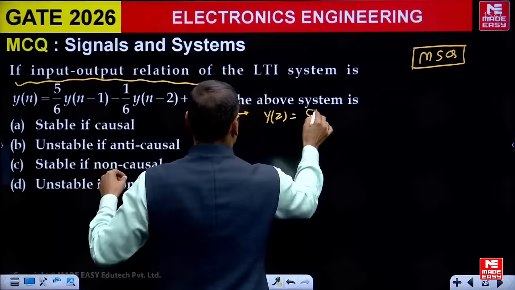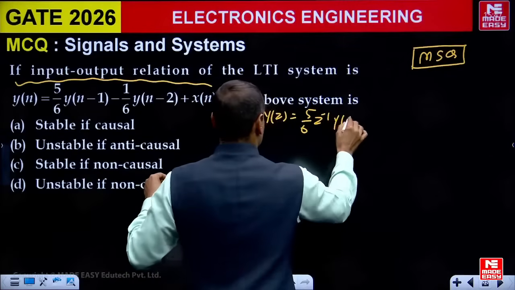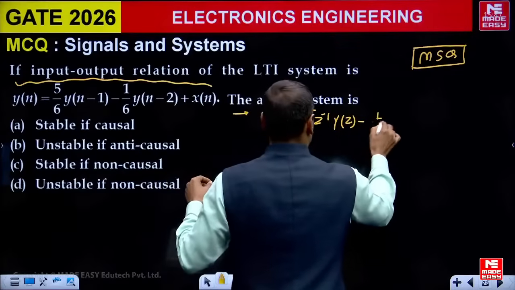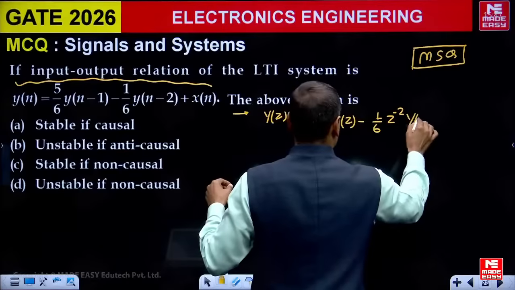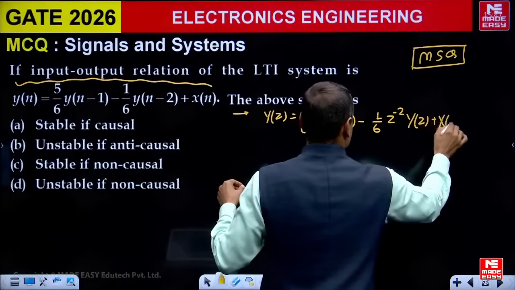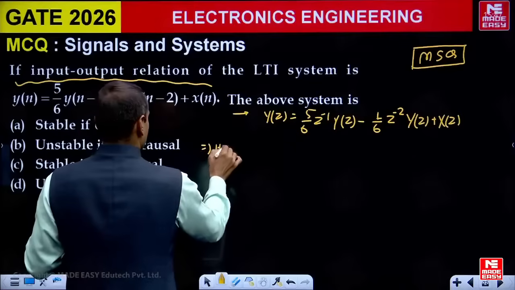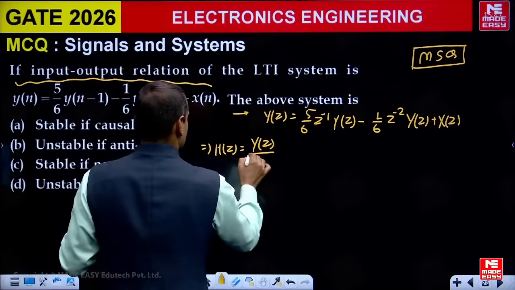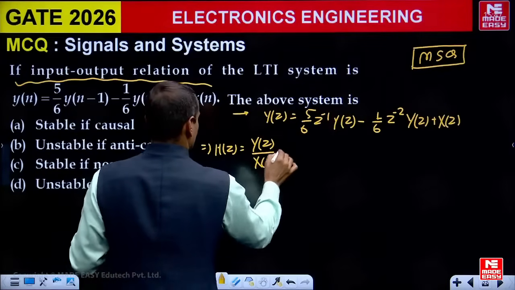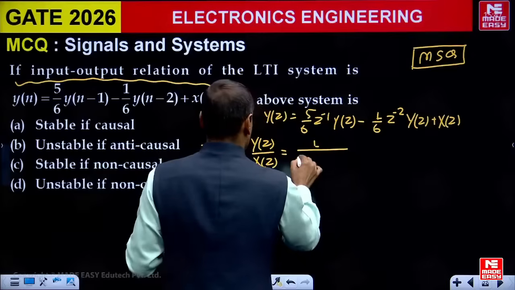आप क्या लिखते? Y(z) इज इक्वल टू 5/6 z इनवर्स Y(z), फिर -1/6 z की पावर -2 Y(z) प्लस X(z)। अब यहाँ से डायरेक्टली H(z) पर जाते हैं। व्हाट इज H(z)? रेशियो ऑफ Y(z) एंड X(z)।